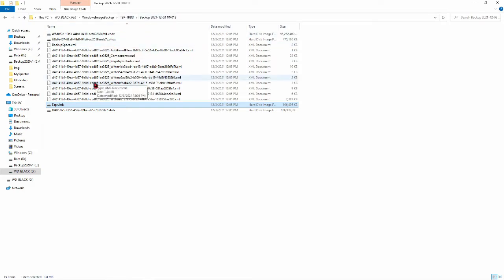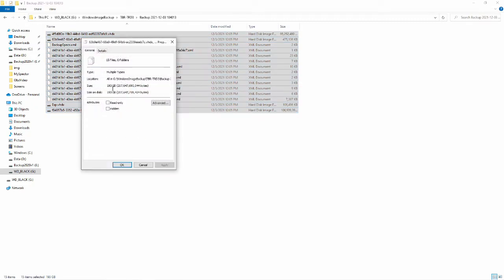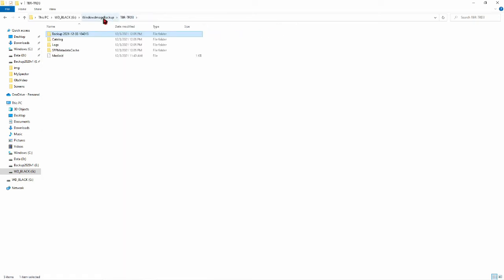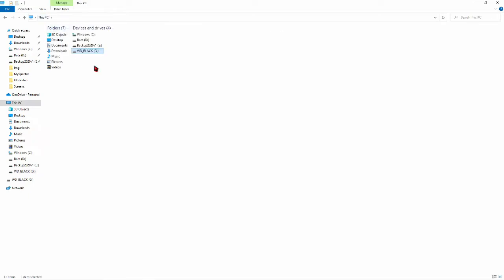Okay, so if I want to look how much, this is 193 gigabyte. Okay, okay, okay. So I have this G drive, which stores the Windows system recovery image.